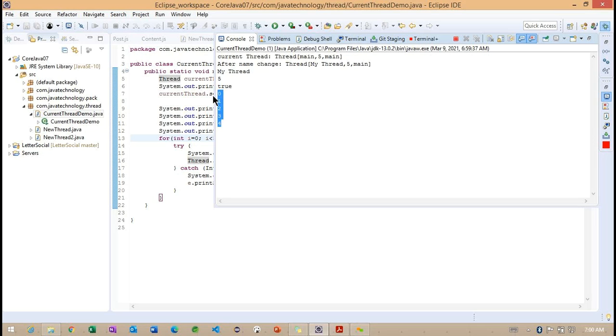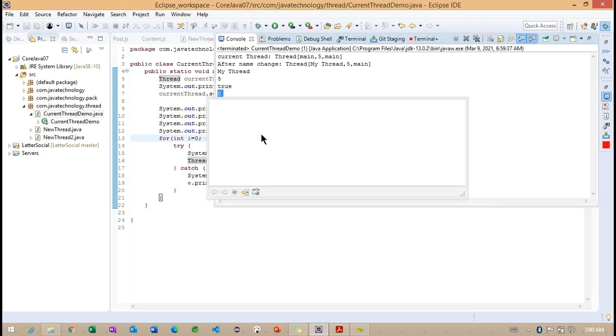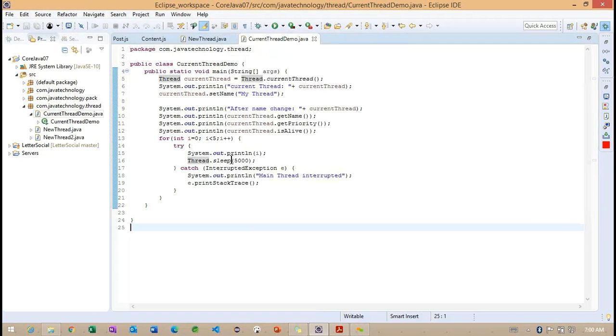These are the 5 values we are going to get here, because we are in the loop of this for loop. Using the loop, whatever the current thread we are getting, we make the current thread sleep for some time. 5 seconds is specified here, so that each time the thread is going to wait.